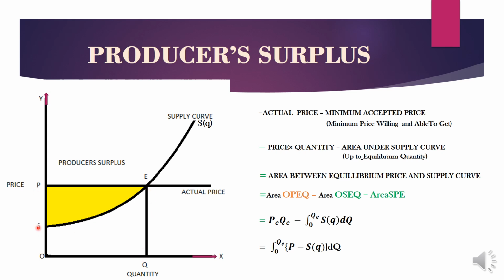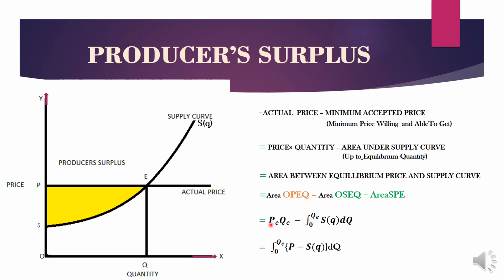So anything over the supply curve and below the actual price shows the difference between the two, and this is known as the producer's surplus. So this area is the producer's surplus. In mathematical terms, we can write this equation as PE QE